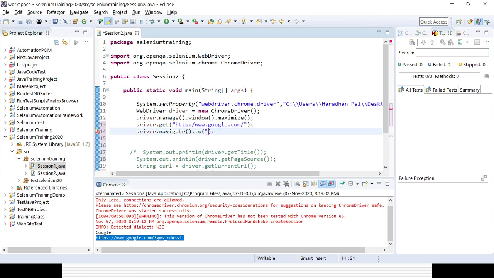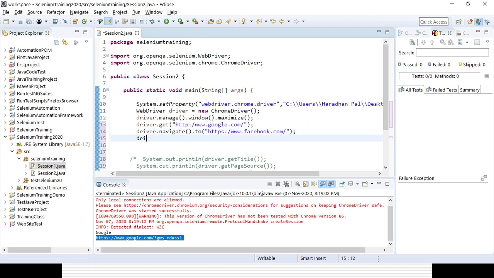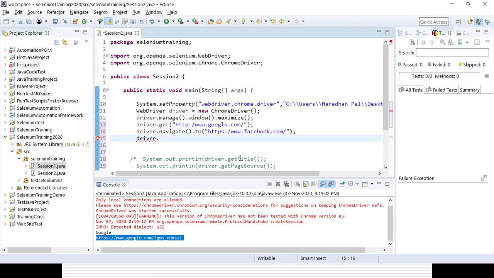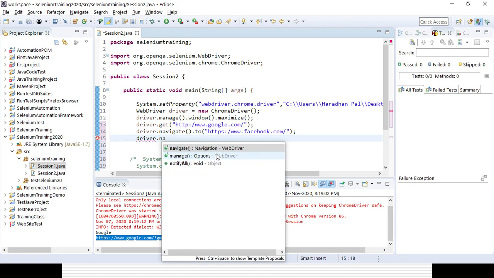As it is a string, I need to give it in double inverted commas. Okay, then after navigating, I want to go back. So driver.navigate.back.